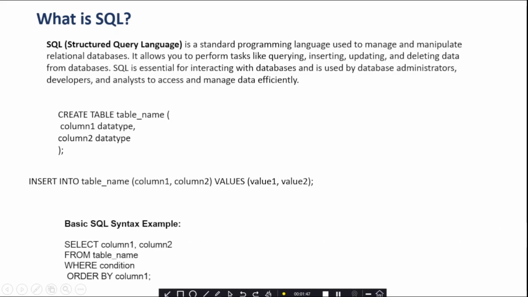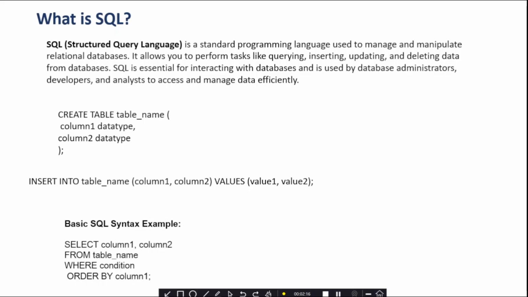and then this is the basic syntax where you select the columns. Like, if you want to select both columns, then you use SELECT column 1, column 2 FROM table name. WHERE is the condition. For example, you want to retrieve data from column 1, column 2, where you have a salary column, and you want to retrieve data where salary is greater than 5000.